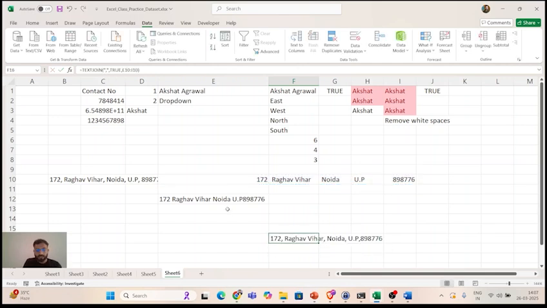See, now in this the delimiter is the space, in this the delimiter is a comma. So the CONCATENATE function, the TEXTJOIN function. There can be multiple more functions which I am not aware of right now, but yeah, this is how we split the column and merge the columns. I hope you are able to understand this.